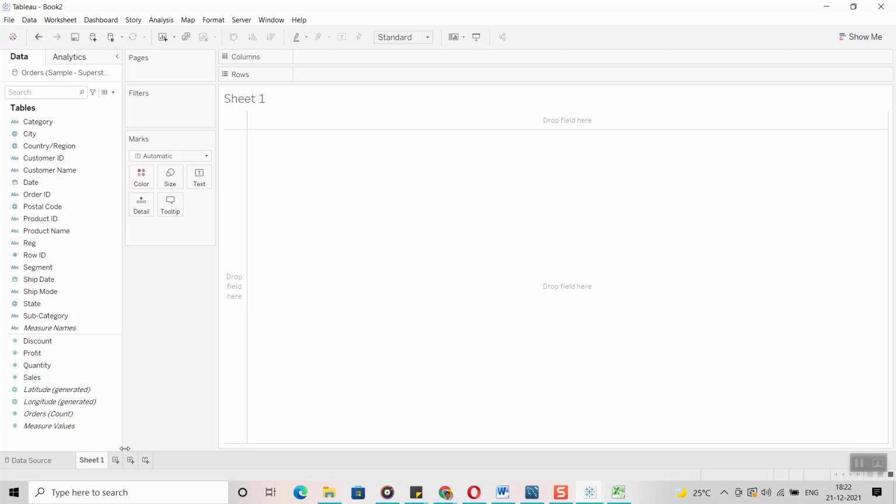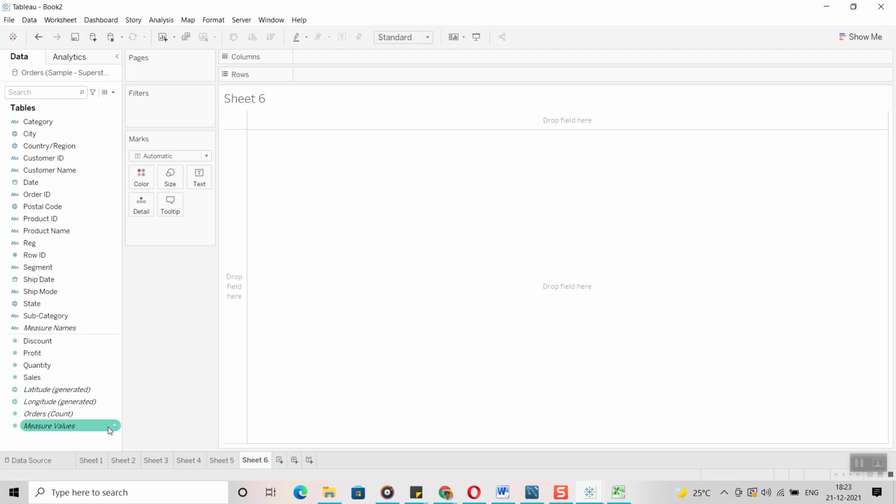Now for example, I want to create another visualization. Then what I am going to do is create a new worksheet. You can see here after Sheet 1 we have a plus symbol, which is called a new worksheet. Either you can click on this area. Now here you can see Sheet 2. In this sheet you can create a different visualization. In the same way you can create any number of sheets. There is no limit. You can create as many visualizations as you want.